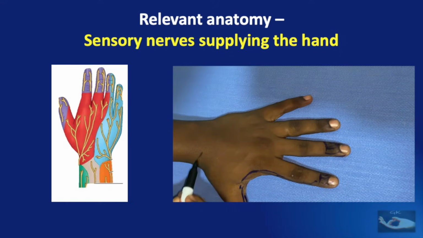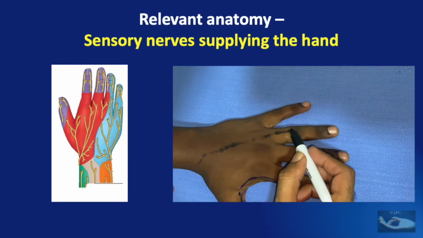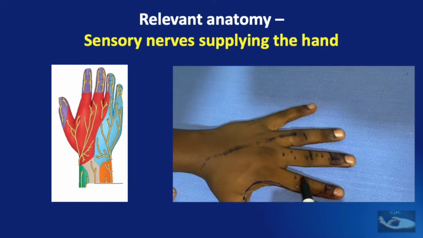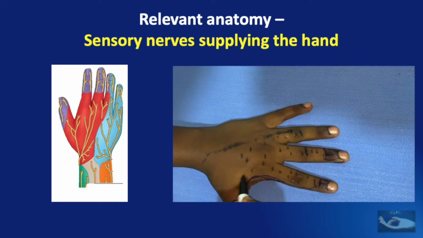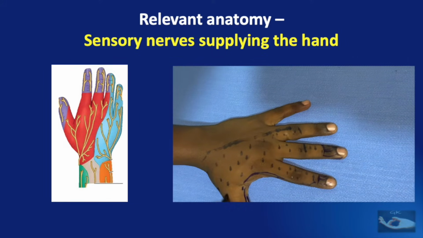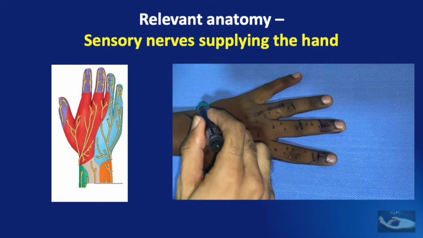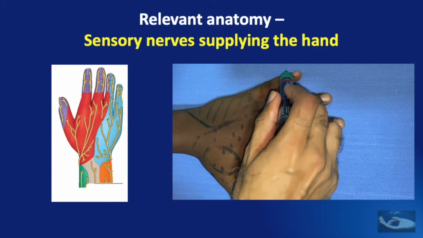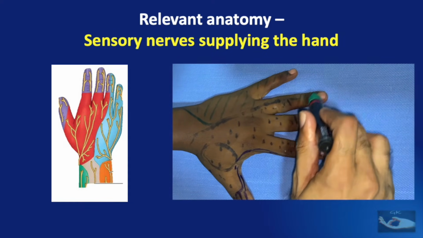The superficial branch of the radial nerve supplies the dorsal aspect of the hand on the radial 2/3 and supplies the proximal phalangeal and middle phalangeal regions of the index finger, mid finger, ring finger and the proximal phalangeal region of the thumb. The dorsal cutaneous branch of the ulnar nerve supplies the ulnar 1/3 on the dorsum of the hand and the dorsum of the little finger and ulnar border of the ring finger.